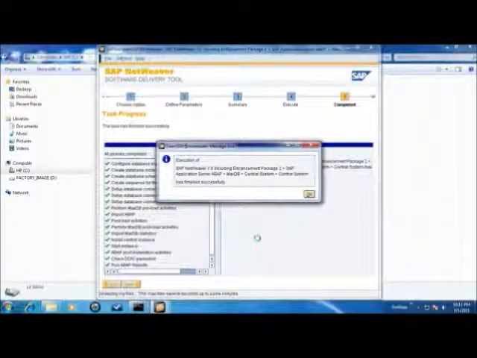A successful installation will end with a notice as shown on the screen. SAP NetWeaver 7.0 including Enhancement Package 2, SAP Application Server ABAP, MaxDB Central System has finished successfully.